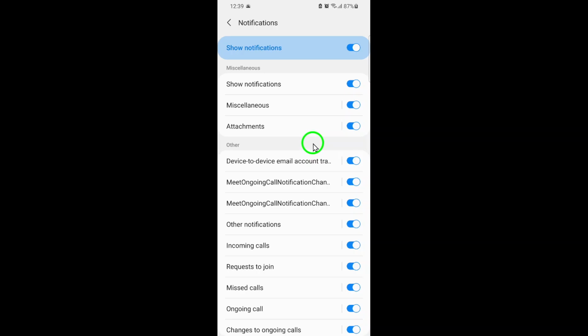receive a new email. This means no more digging through notification dots or missing important alerts. Your new messages will be front and center, exactly when they arrive. That's it, you're all set. From now on, every new email will pop up on your screen, helping you stay instantly connected and never miss